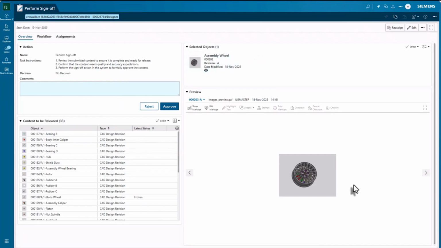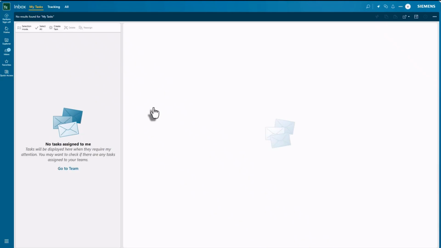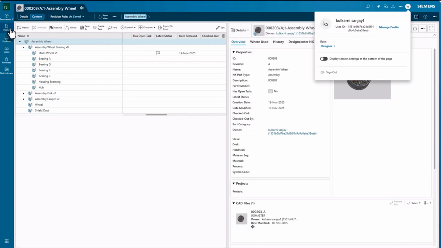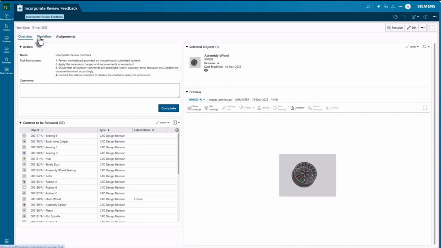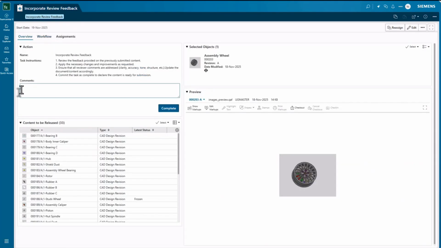In this case, we're going ahead and rejecting it, as certain modifications have to be done. Once we reject it, it goes back to the designer who created or started that release task, and he can take the actions accordingly,